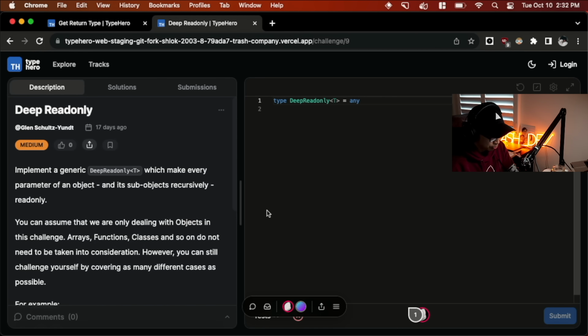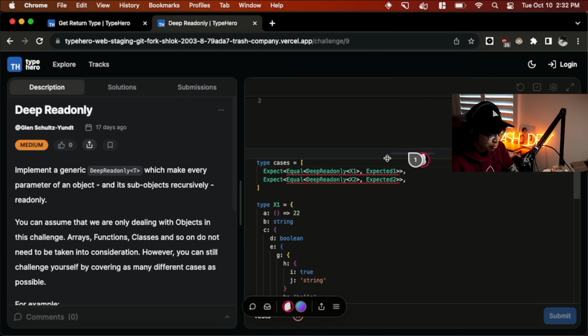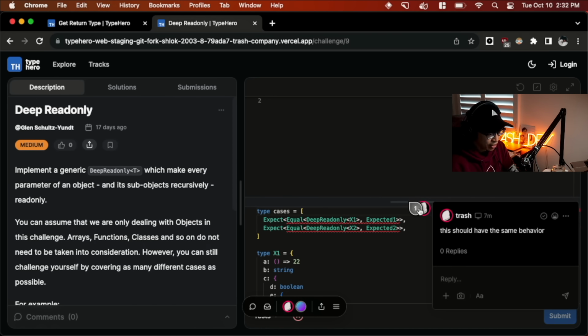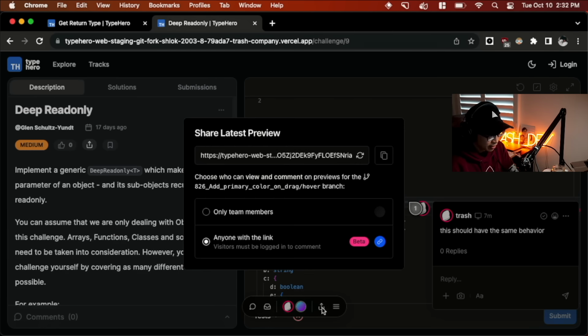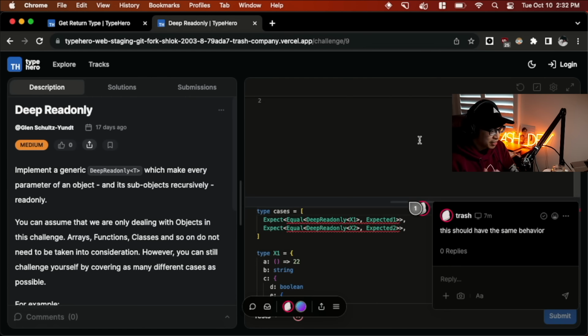You can see how it just changes blue. However, we do have a test panel here and the behavior is missing here. So you can see I left a comment saying, this should have the same behavior, meaning it should just highlight blue. And the absolutely insane part here is I can make this shareable with anyone with the link. I can copy this link, paste it in the PR or DM it to them directly, and then they can see my feedback. If everyone's familiar with GitHub, the PR process is really only good for reviewing code. It's not very good for actually reviewing UI or design changes.